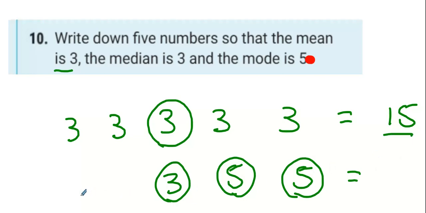What about 0 and 2? Because if I use 1 and 1, that means the mode is 1 and the mode is 5. But if I use 0 and 2, what would that mean? The mode is 5, the median is 3, and when you add them all up together, the mean is 3. So that's